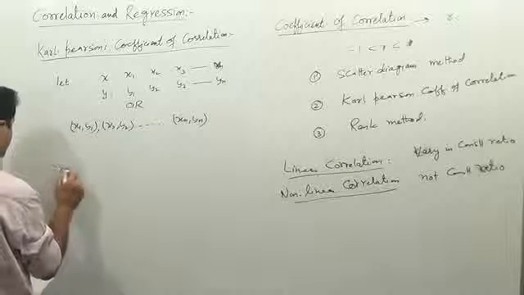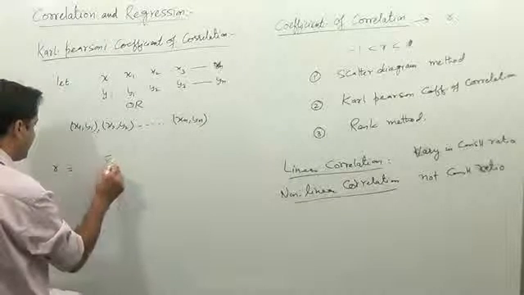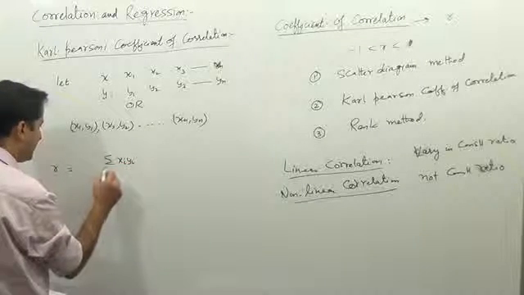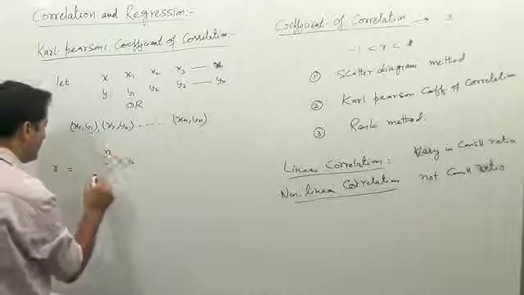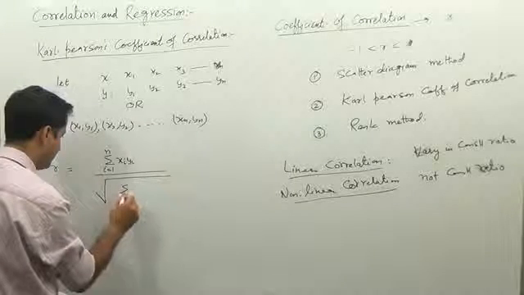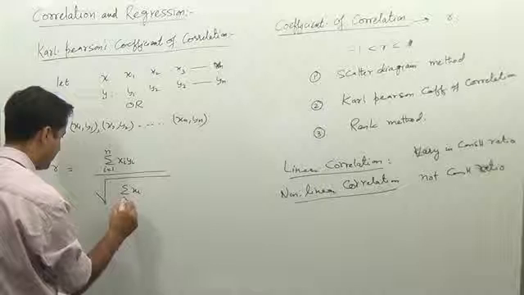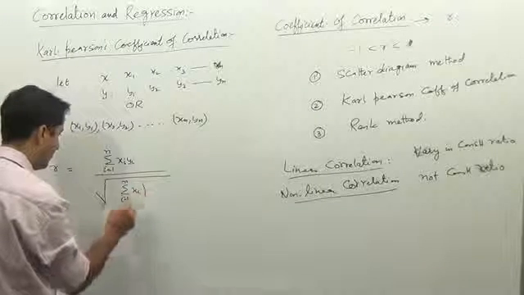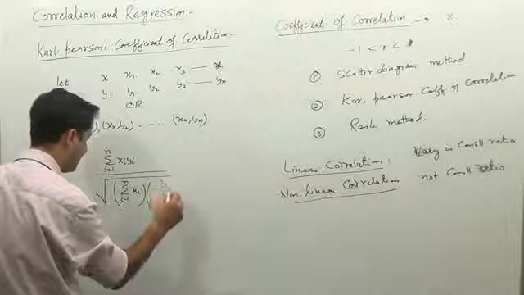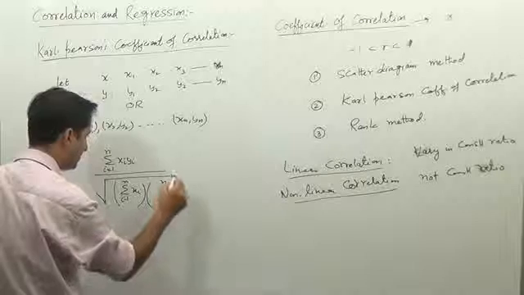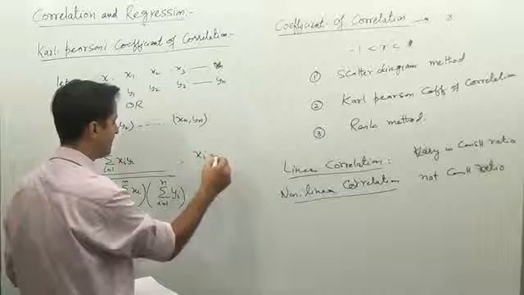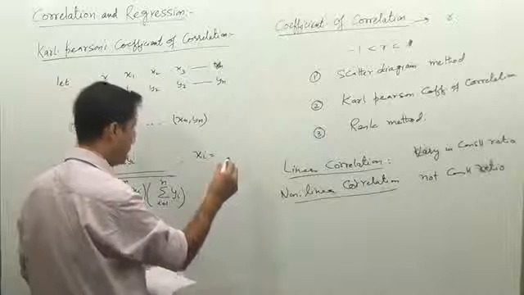So the Karl Pearson coefficient is R, and the formula is summation of xi yi, i from 1 to n, divided by the square root of summation xi squared, i from 1 to n, times summation yi squared, i from 1 to n. Now what is xi here? So this xi is equal to